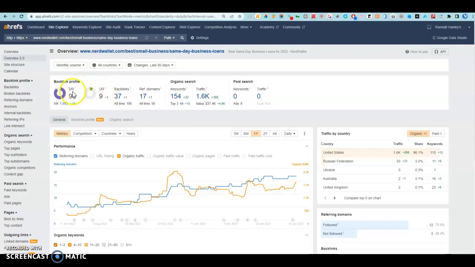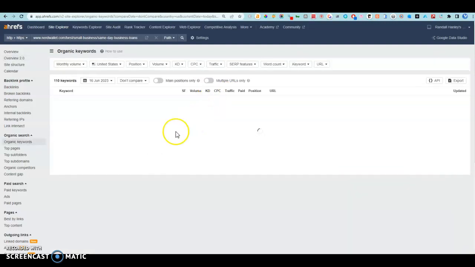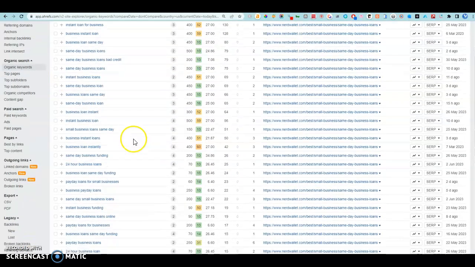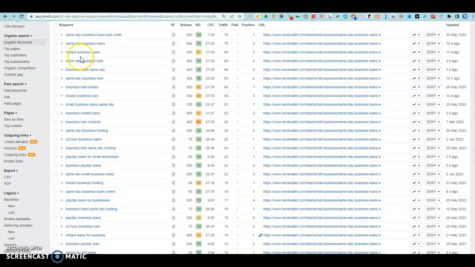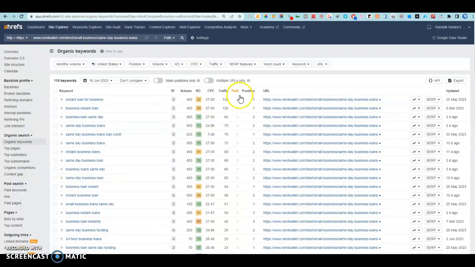The DR is the domain rating, which is strong because it's NerdWallet. But you can definitely beat this page because of these stats. And just FYI, if you look at the keywords that this page is ranking for, look at the traffic it's bringing. So if we manage to get more and more keywords, let me see, all these keywords, this is the traffic that's coming to them.